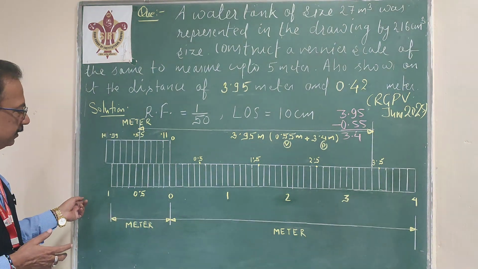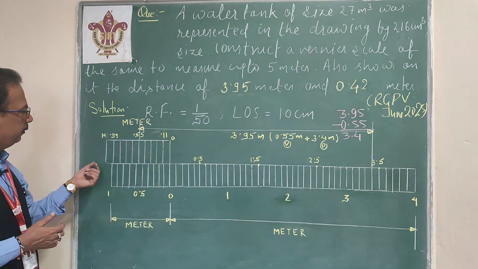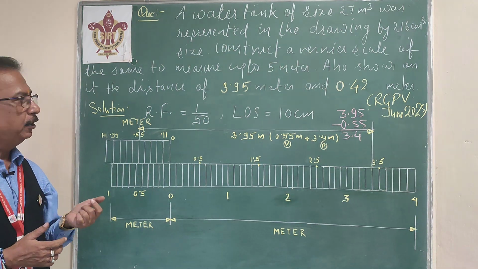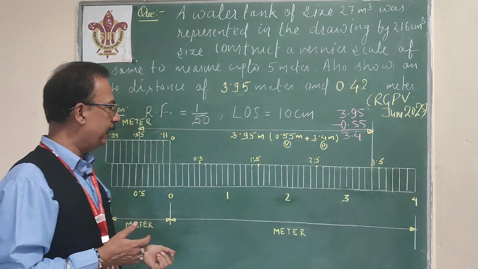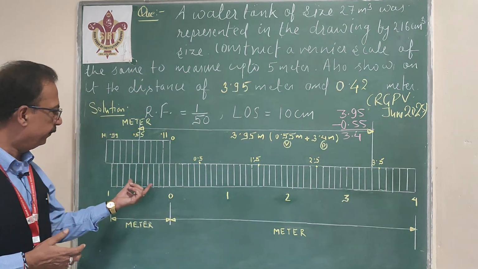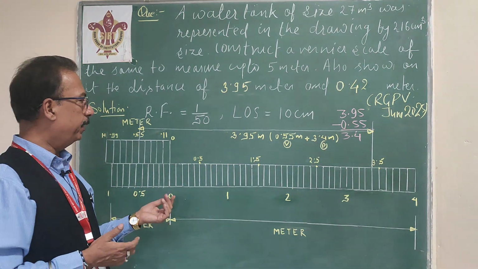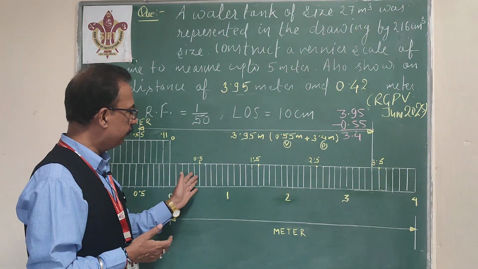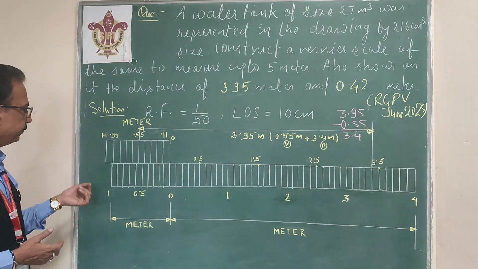As you know, in a vernier scale there is a main scale, known as the primary scale, and there is a vernier part. As the maximum length will be 5 meter, we will draw a 10 centimeter length and divide it into 5 parts. Now one part will be 1 meter. Then subdivide the first part into 10 parts, as in the plain scale. But the new thing in the vernier scale is that we have to divide all the parts into 10 parts. So that we have already done.